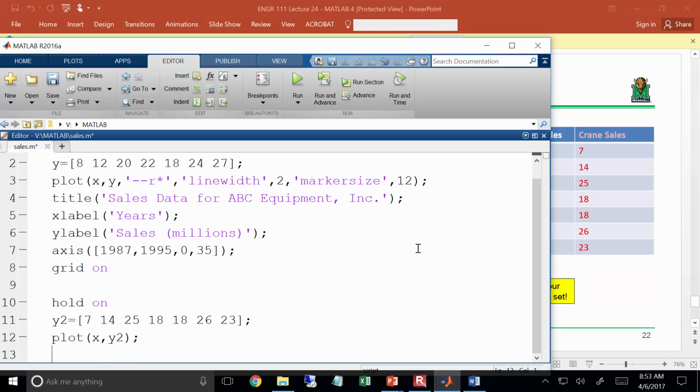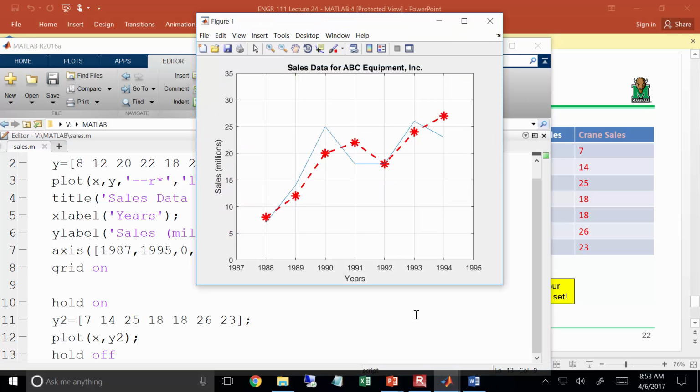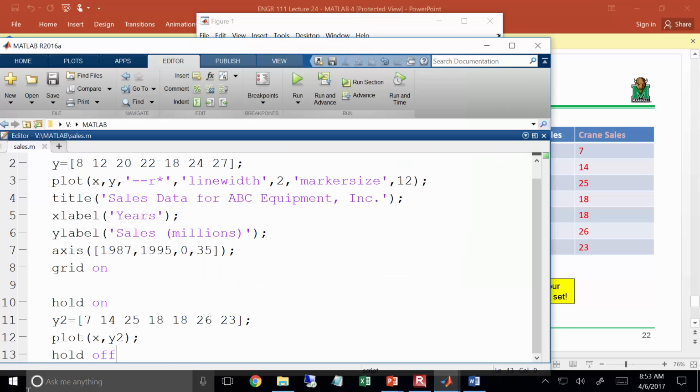Now, I'm going to go ahead and enter in my hold off and hit run. Now look what happened. See what it did? It plotted on top of the graph that we just created. Does everybody see that? Now, watch what happens when I remove hold on and hold off. I'm not going to delete them. This was that debugging trick I told y'all earlier. I'm going to go in and comment them. So now MATLAB is not going to execute those lines. So if I hit run,